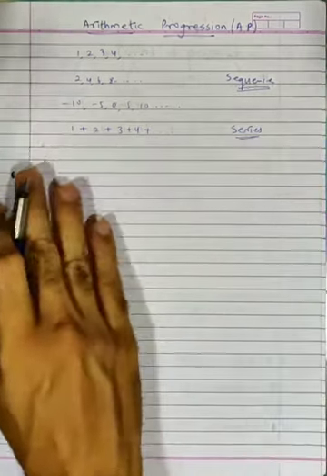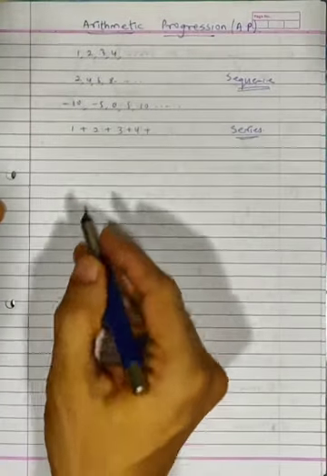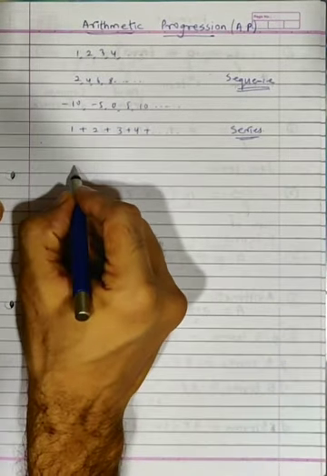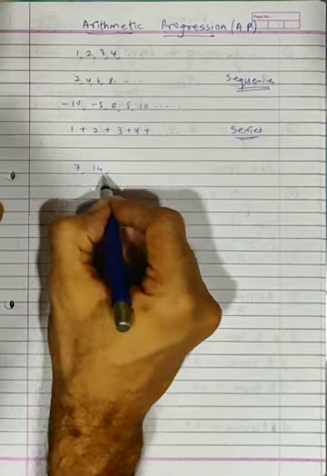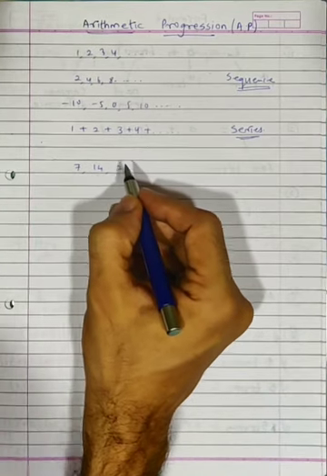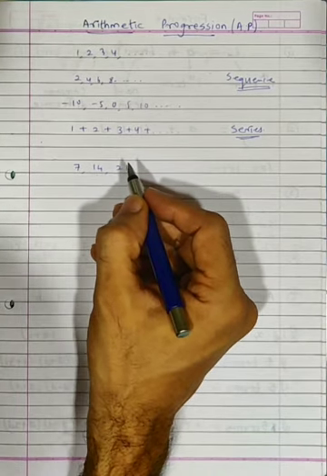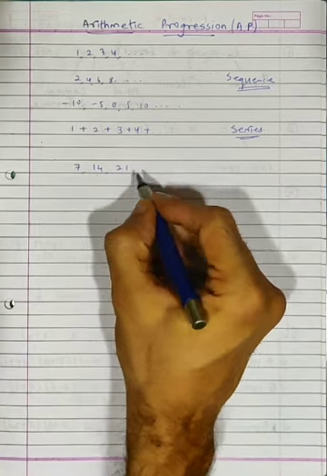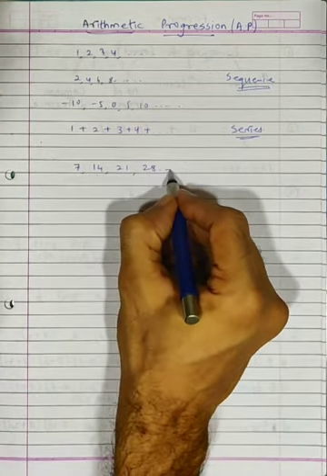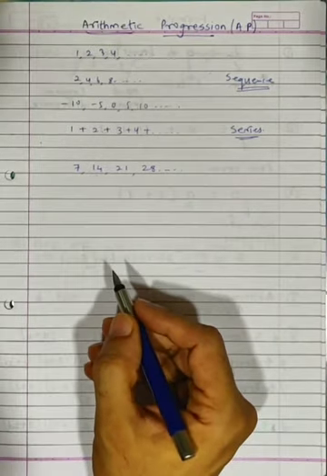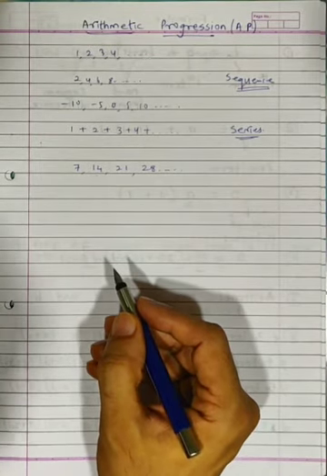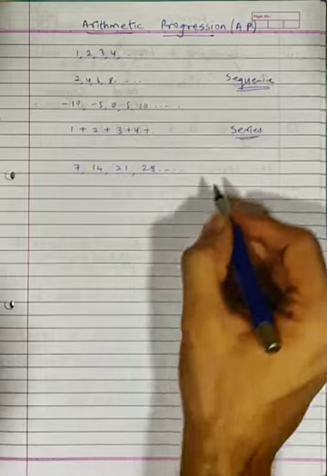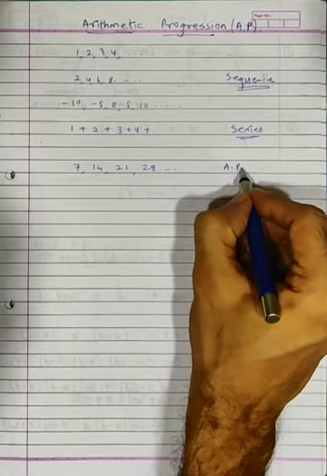Okay, now about the arithmetic progression. Let's say, for example, we've got a number, say 7, and then 14, then 21 and so on. So you can see all these numbers are increasing by a difference of what? 7. Okay, so because they are all increasing by the same amount, that's why they say that they are in AP.